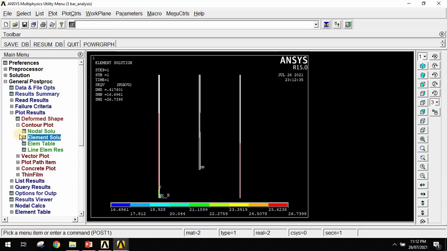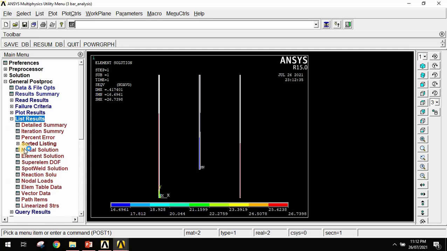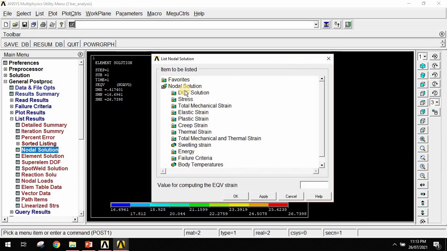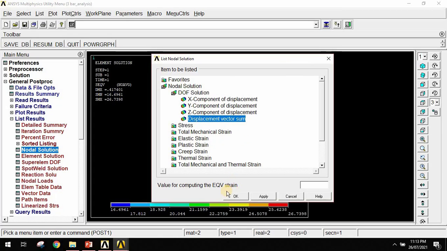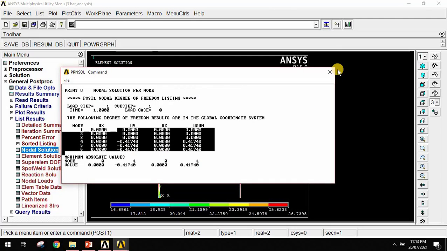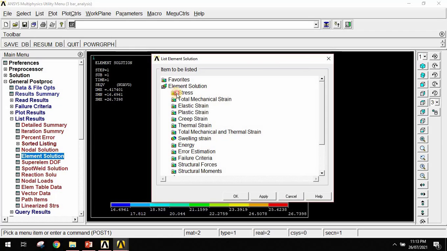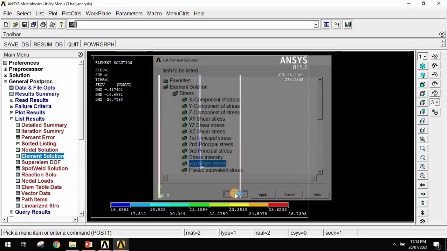square. Okay, then go to List Results, Nodal Solution, and I will show you in tabulated form. So this is the tabulated form. Then save this. Then go to Element Solution, Stress value, again in tabulated form.